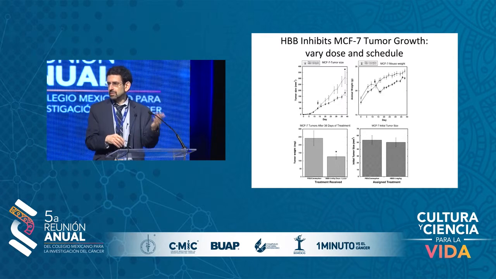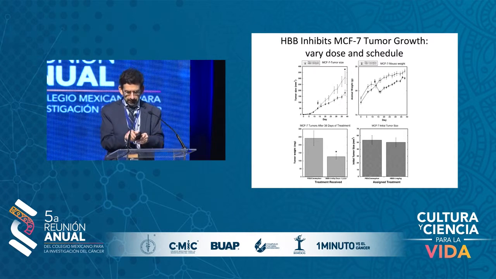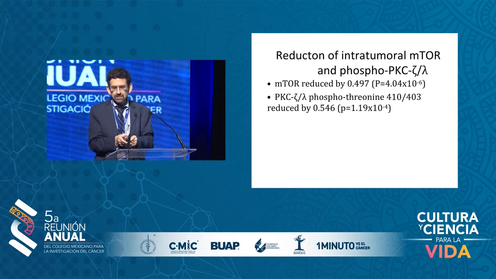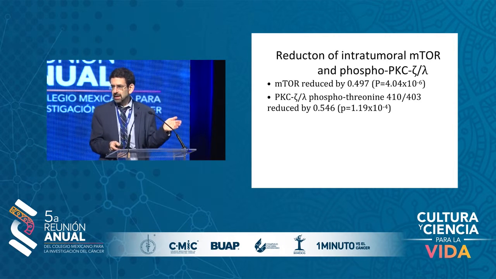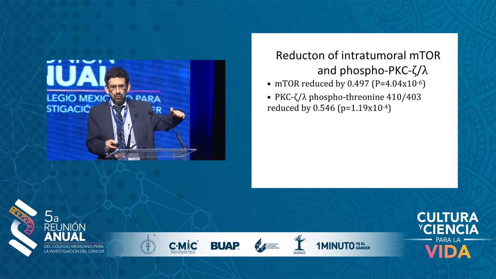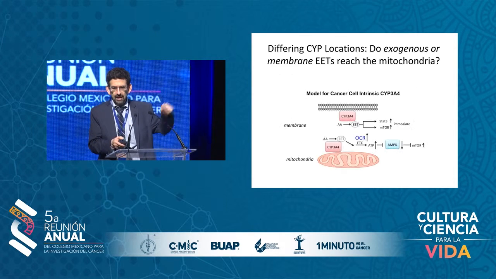And it depends on whether you do these experiments in C57 black 6 nudes or whether you're doing these experiments in outbreeding mice, because it's actually interstitially derived mitochondria that are critical for the host toxicity. And this is an ongoing project that we're working on. And so the biomarkers that came out of reverse phase array analysis included a lowering of mTOR levels, and a PKC isoform involved in diabetes was also affected.